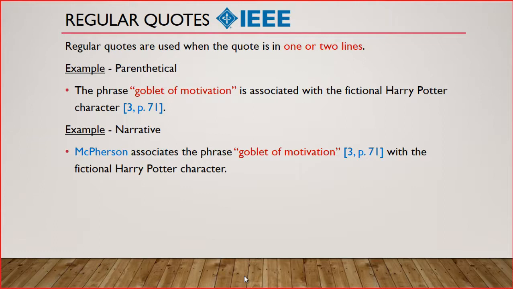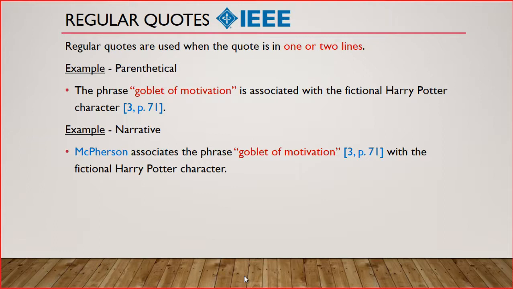So we say Macpherson, the name of the author, associates the phrase goblet of motivation. Here we have a square bracket, we have the 3, comma. 3 refers to the reference number 3, comma, P.71 here, after the phrase goblet of motivation. So you can see this is the difference between